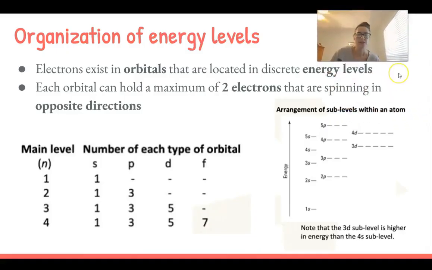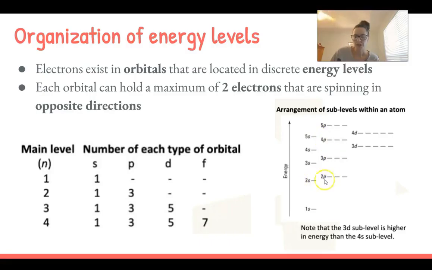So remember that these orbitals are in discrete energy levels. Each orbital can hold a maximum of 2 electrons, and they are spinning in opposite directions. One of the quantum numbers actually represents the spin state of that electron. If you look here, this is an orbital diagram showing visually the difference in energy levels between the sublevels. You can see that there's a big jump in energy between 1s and 2s, but then as we get farther and farther up in the number of energy levels, the energies get closer and closer together,